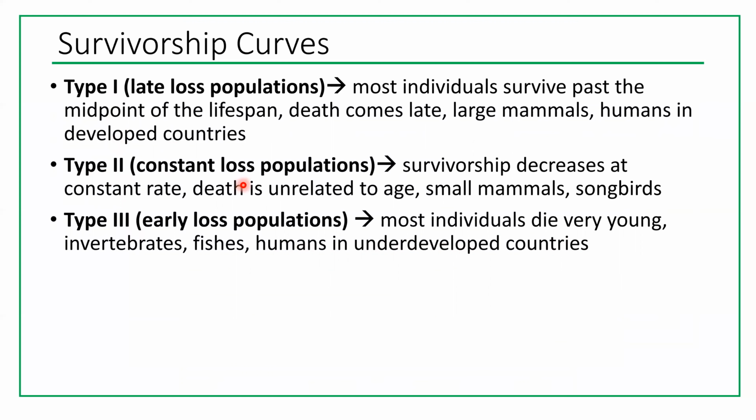It's a constant loss of population. So survivorship decreases at a constant rate. This is unrelated to age. And those will be small mammals, songbirds. So let me go back